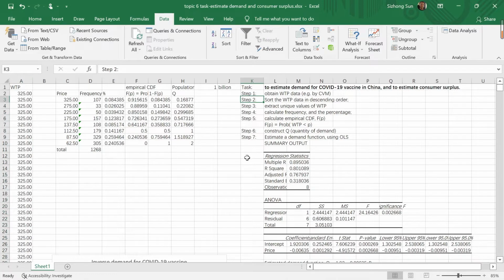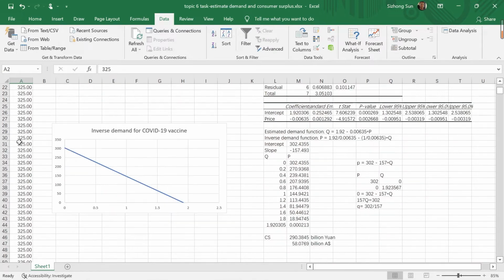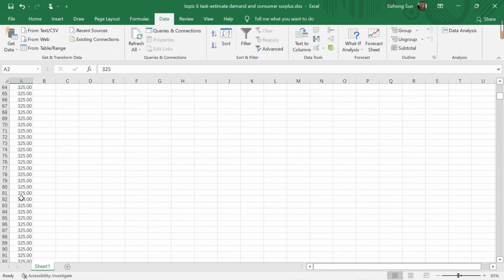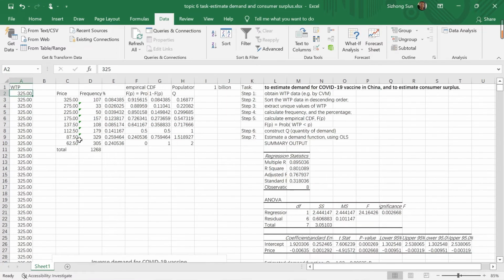Then step 2, sort the WTP data in descending order. So I'm already sorting this in descending order. You can sort it in ascending or descending, but we need descending. Step 3, extract unique values of this WTP. By looking at the WTP data, we know that quite a few people are willing to pay, say, 325 yuan, Chinese dollar, and there are a number of them willing to pay 275, and so forth. Okay, let's extract